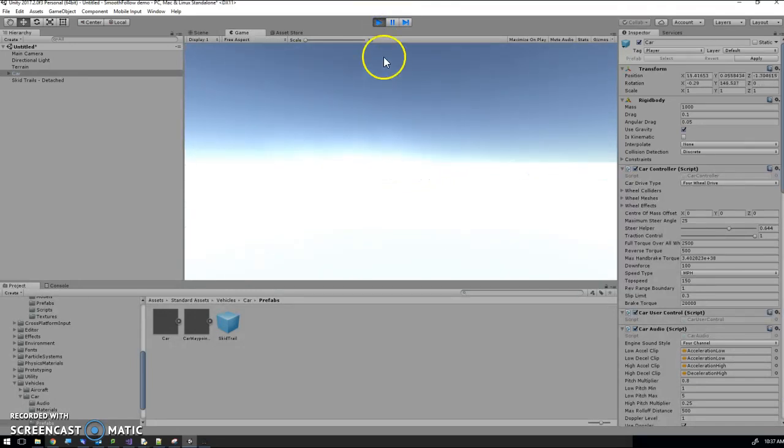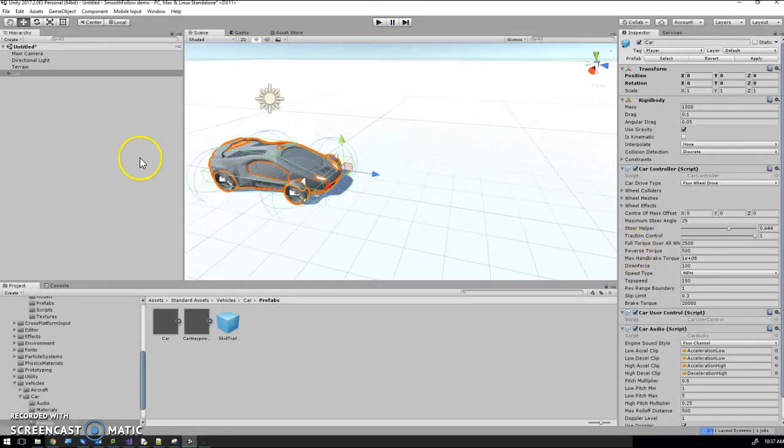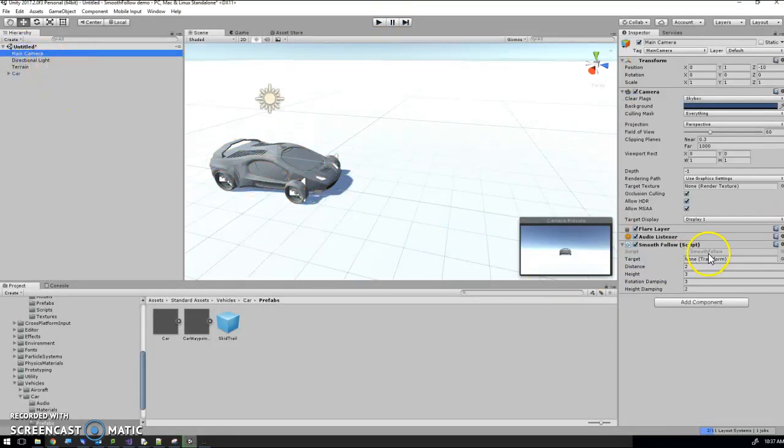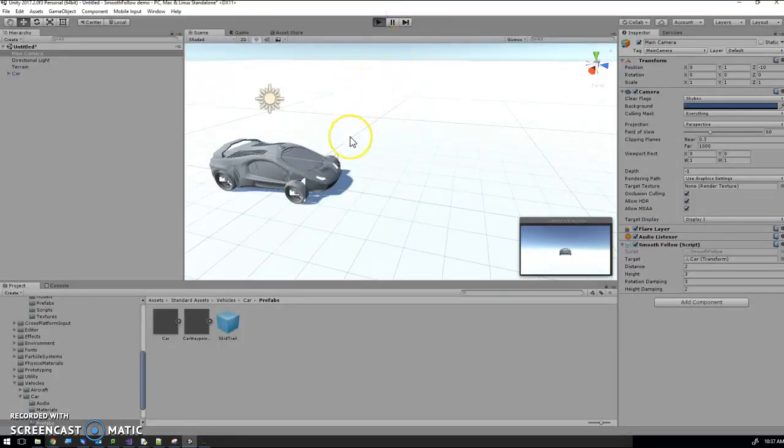I can hit play, and same as I had before, my script, I can drive my car, but it drives off the screen. No good. But I can do exactly the same thing. I've got the main camera. I've already got the SmoothFollow, but because I deleted the transform, that's gone. If I drag the car onto it and hit play,